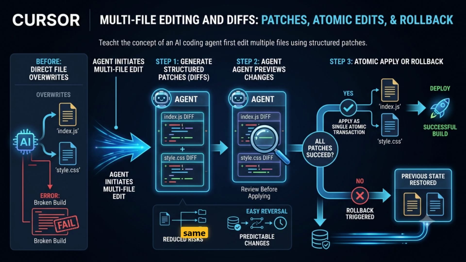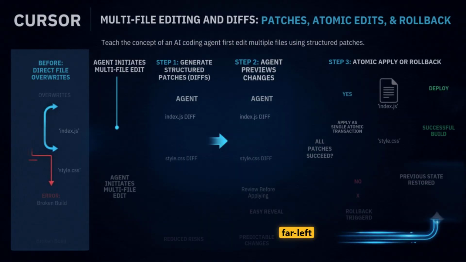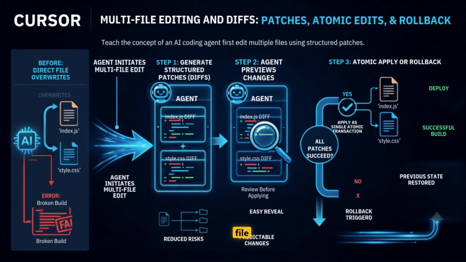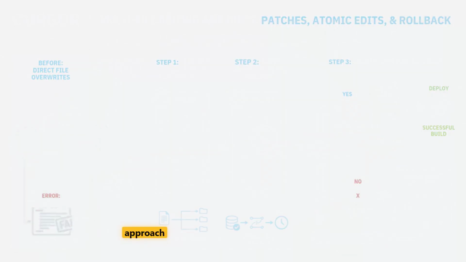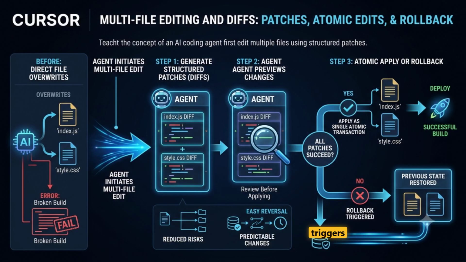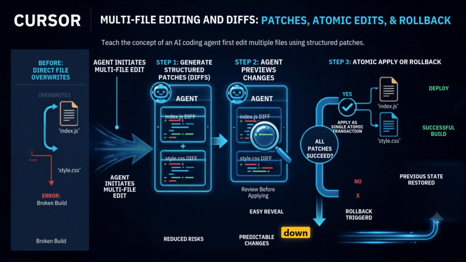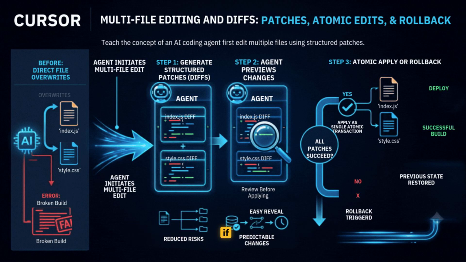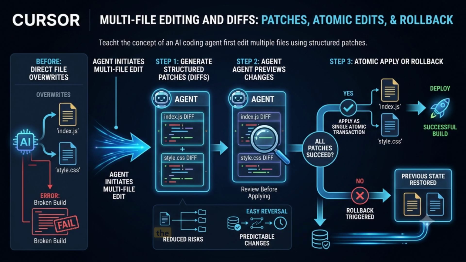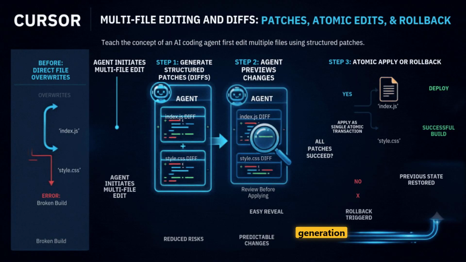same time. Look at the far left box labeled before direct file overrides, where the old approach blind overrides files directly and triggers an instant build failure. Think of direct file overrides like remodeling a house by tearing down every wall before checking if the blueprint fits. Follow the blue arrow to step 1 and step 2 in the center, where structured patch generation and previewing enter